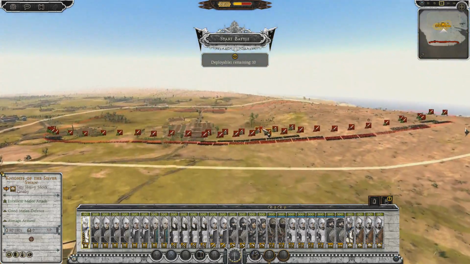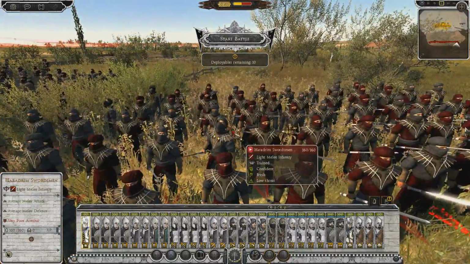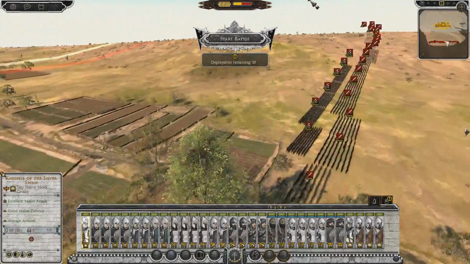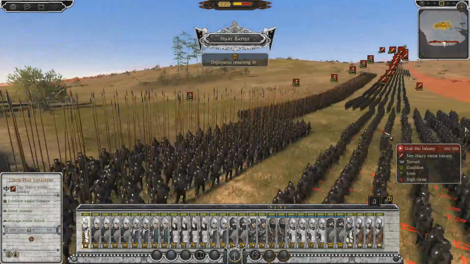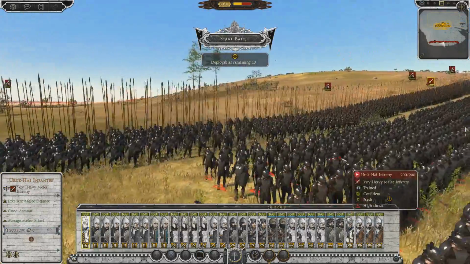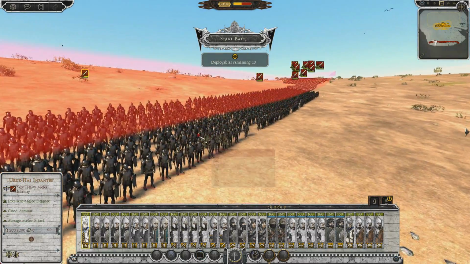Then moving on to the enemy force, we have a huge number of Haradrim Swordsmen. Then we also have plenty of Uruk Pikes. Then we also have lots of Uruk infantry as well. And then finally, but by no means least, we have plenty of units of...